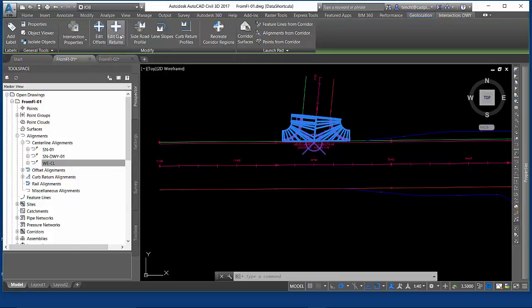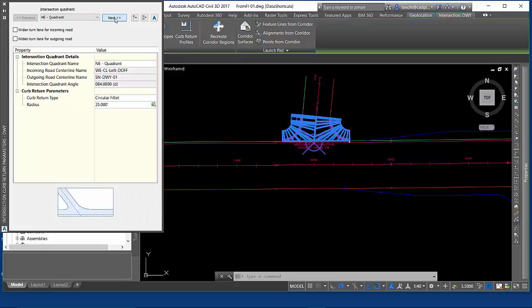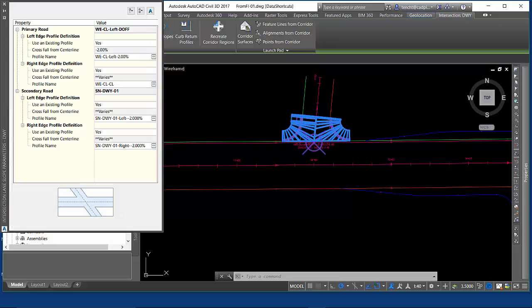In here, I generated real simple curve returns for both sides of the intersection. Then in lane slopes, as you can see, I said yes, and now here's where I would have had to pick that real left center line, which is off the main road, not my dynamic offset that I did earlier. Once again, I had to pick my center line to establish the other side. I said no the first time and generated the two profiles for the slope controlled offsets off here,